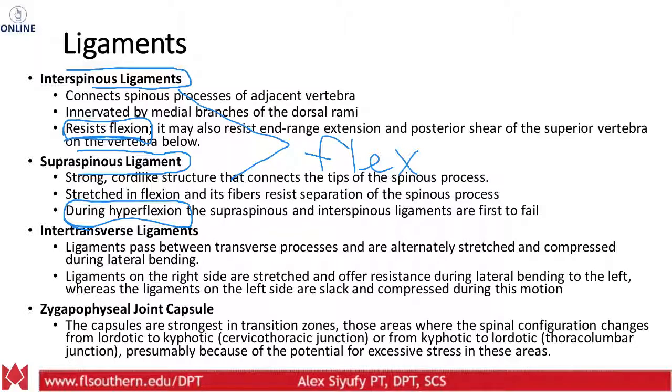The transverse ligaments connect the transverse processes on each side. On the right side, they are going to be shortened when going to the right. And then when going to the left, they're going to be lengthened. And then also you have your facet joint capsule,